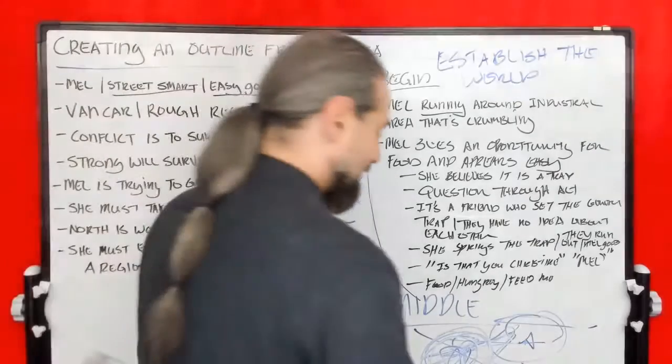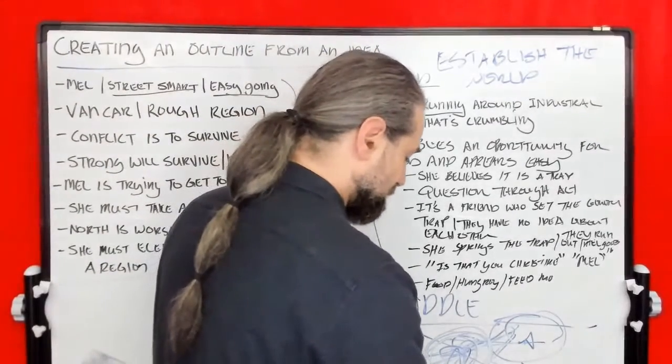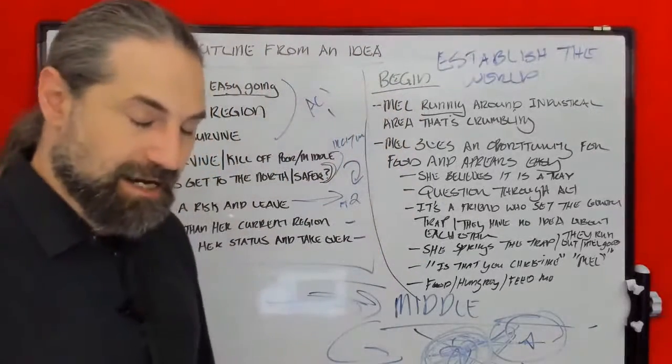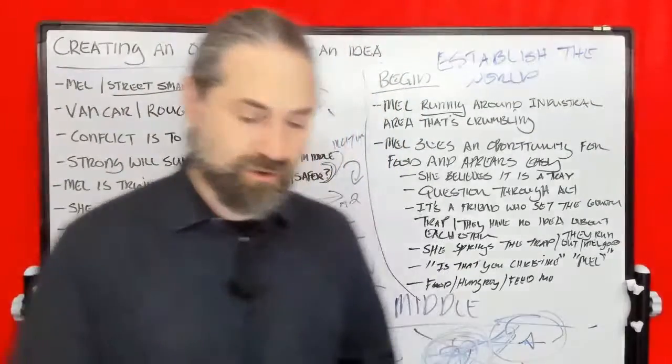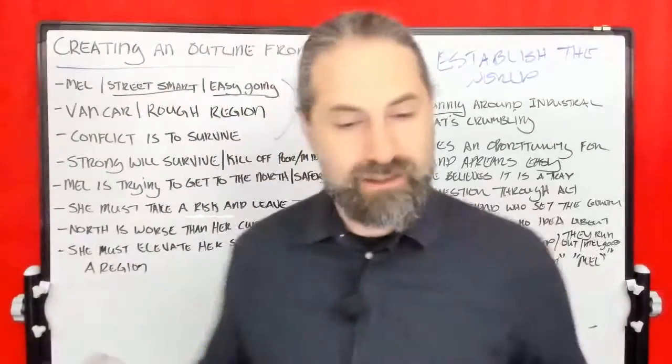All right. Then we have Act 3, which is the end. So you have to establish with your characters, how do you want to resolve the story? Do you want them to lose? Do you want them to win? Do you want it to be a draw? That's very simple. By the way,